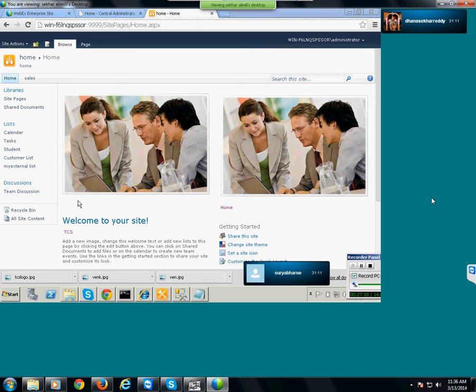So almost all the web parts under Media and Content are completed: the content editor web part, picture library web part, and image viewer web part. Next, the page viewer web part. The Silverlight web part is there, which I will show you through Visual Studio. Any doubt? This is about web parts. I still need to show you the custom web part. If I start it, it will take one more hour.